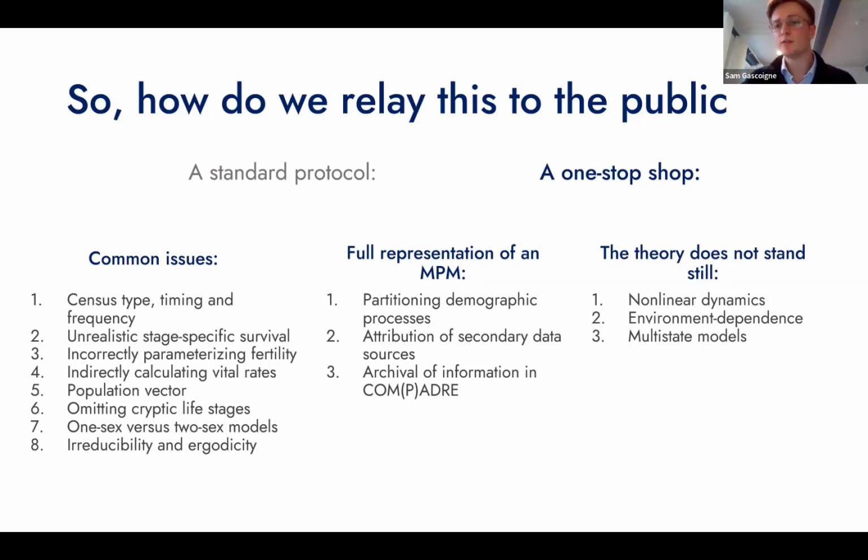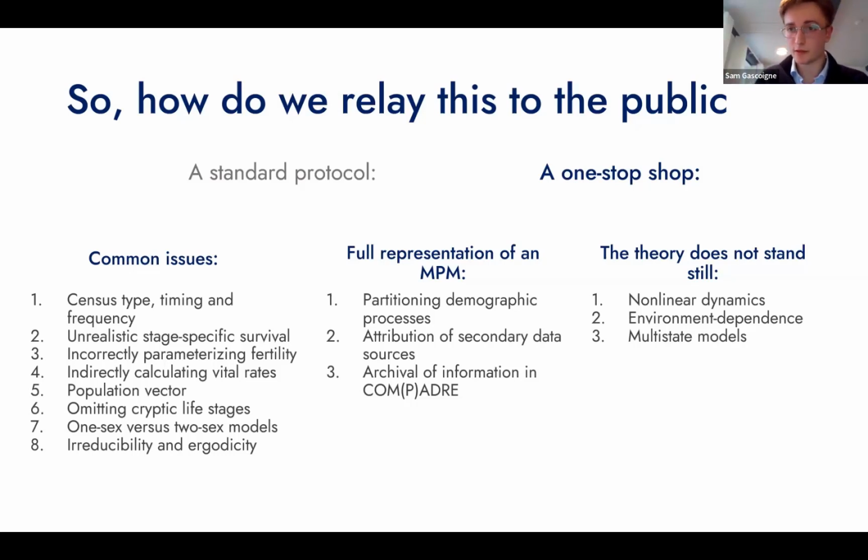And last but not least, we talk about multi-state models. These are extremely useful models where a lot of work has been done. And this essentially means if you have more than one axis of variation in your population model. So if you have age and stage structuring your matrix population model, you can do an awful lot of inferences there. Now you might say, Sam,